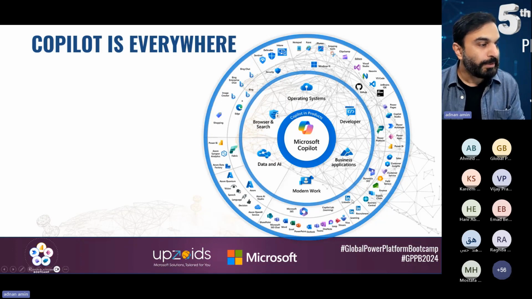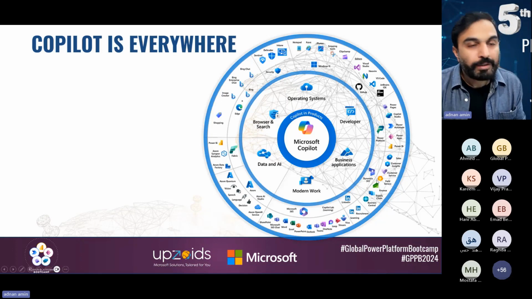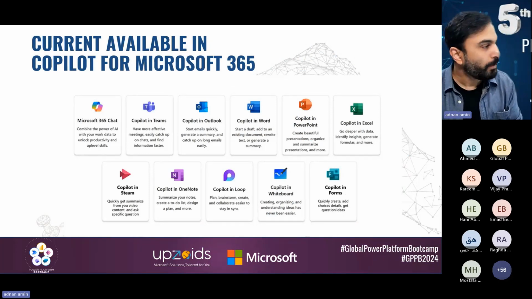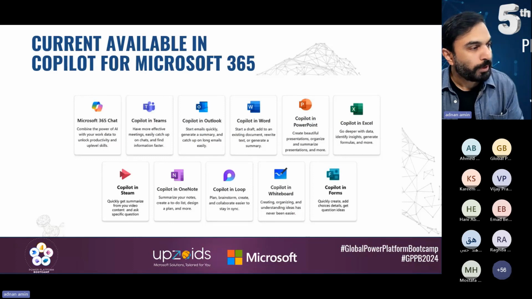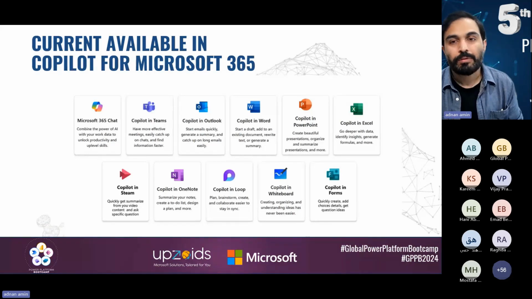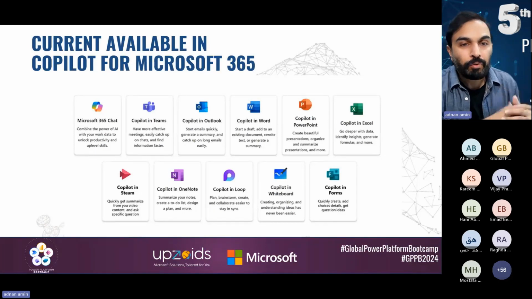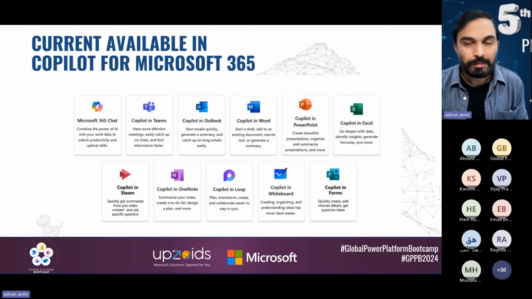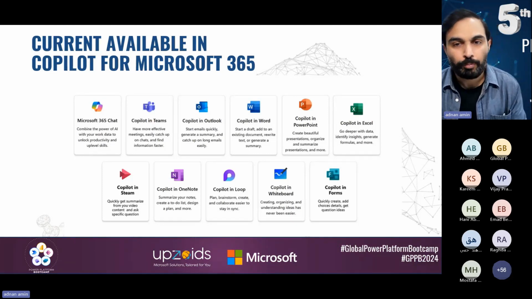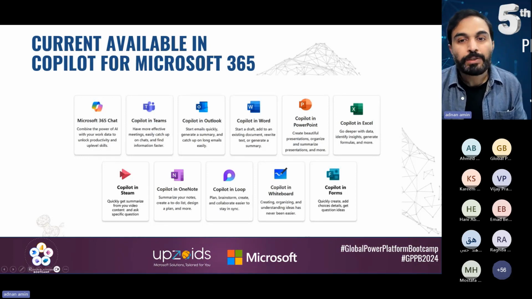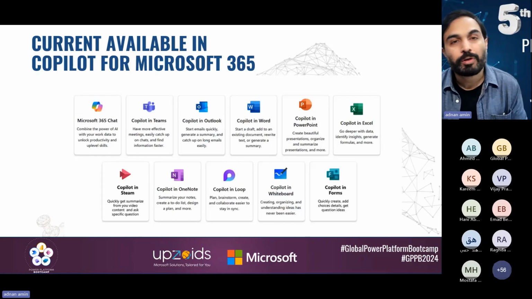And then comes data and AI. So we have a couple of areas. Almost Microsoft is covering all the areas with their Copilots. And these are the Copilots which are available today at this time, like M365 Copilot, Teams Copilot, Outlook Copilot, Power Automate Copilot. And even if you need to create your own Copilot, which can only show the information from specific areas, you can create your own Copilot, which I will show you how to create. And Copilot works with Microsoft 365 apps and the content in M365 and also the content in Microsoft Graph,